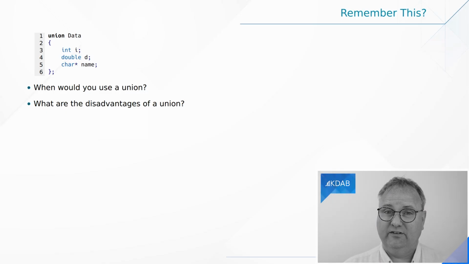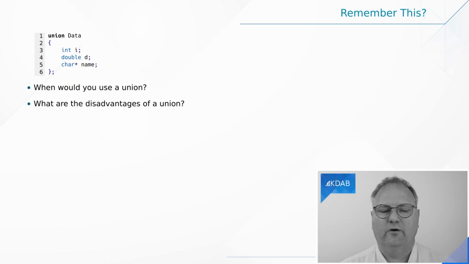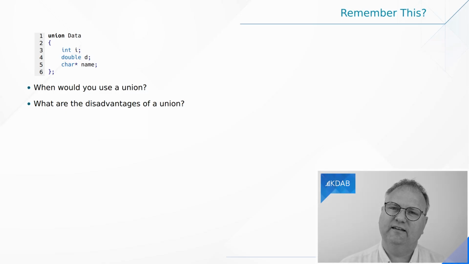Okay, and the answer is, that's correct. It is something that can store either an int in this case here, or a double, or a char pointer. That is an implementation detail, you're telling me there. What a union really is, is an abstraction that, for example, from the return of a function can return either an integer, or a double, or a char pointer. That's the key thing to a union.